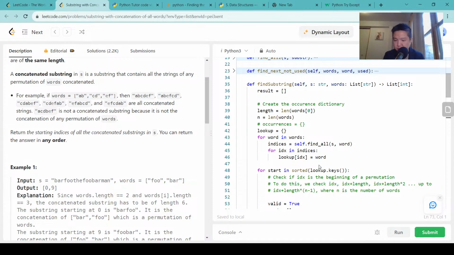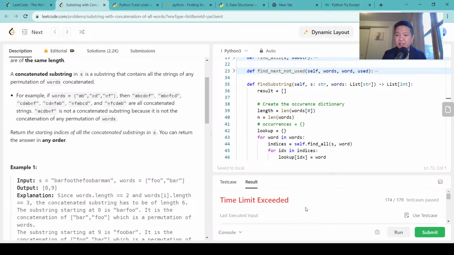Because occurrence dictionary might be a trap. I think this is a pretty good example of, actually, I'm happy that we got stuck here, because I feel like this is a very good example of starting with something that sort of works, right? We started with an algorithm that works